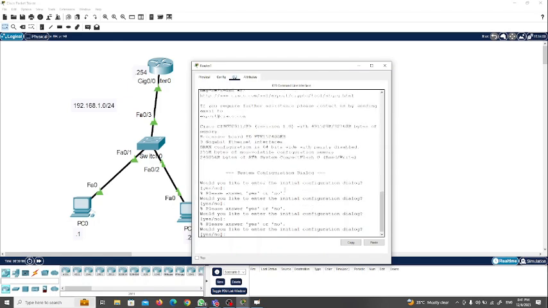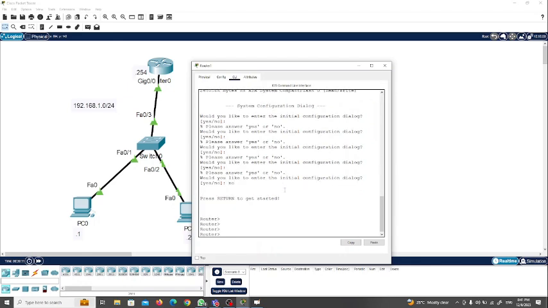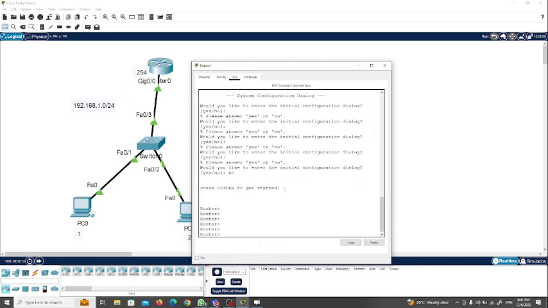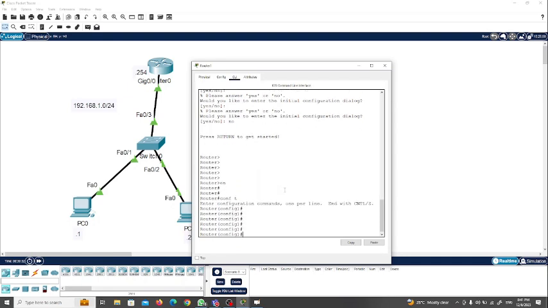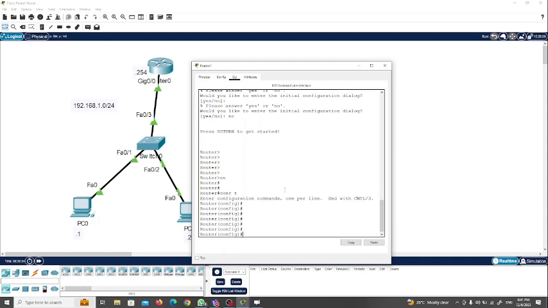Okay, so you can see, for instance, that this router has the default name. I didn't change anything. I will not change its default name, and I will also not configure the domain name, but I will directly try to configure the crypto keys. So I'll go to the privilege mode, then go to the global configuration mode, and from the global configuration mode, let me try to configure the security keys using the command